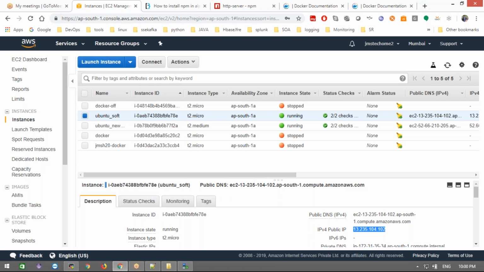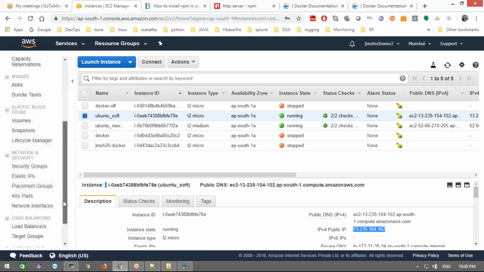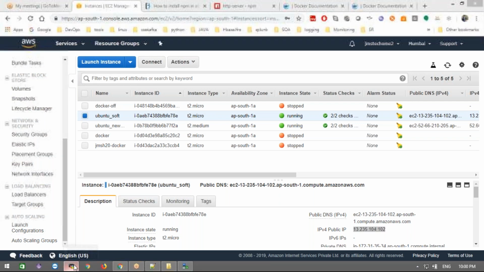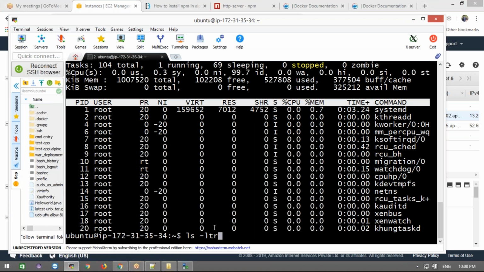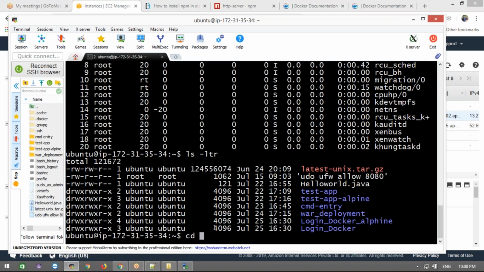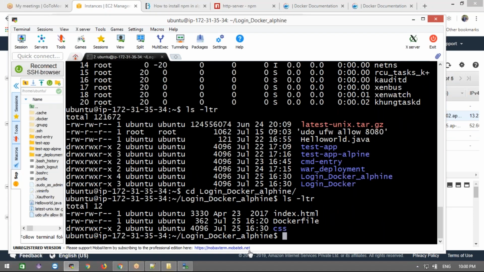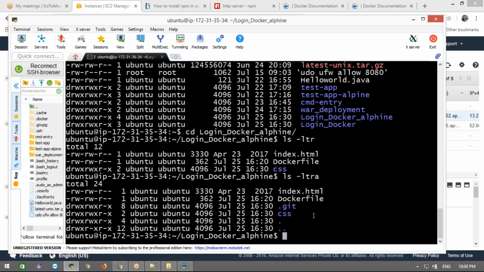Okay, and then next, what we'll do, let's build that. Let's go to that path, like ls -ltr. My files came or not? Yes, came. cd login Docker Alpha Linux and ls -ltr. All these three files came. Okay, and .git also came. You need to press the -a option. Okay, now it's not required as of now. It's not being used anywhere. That's fine. And next, see cat